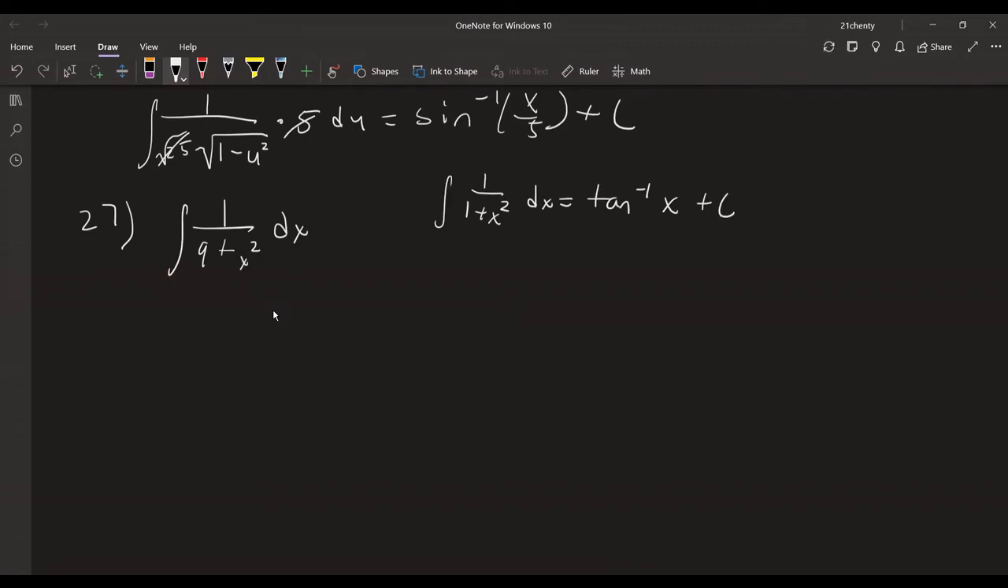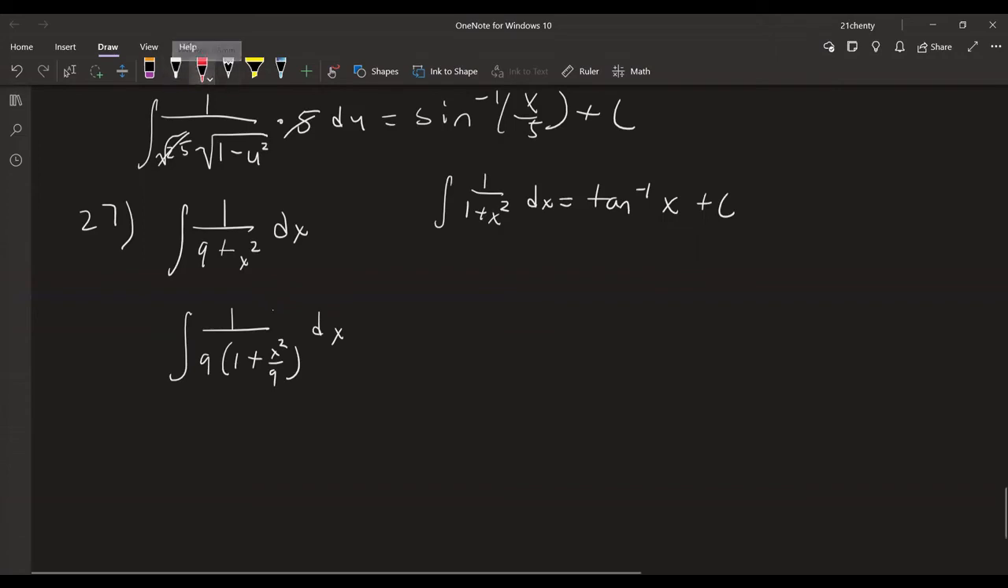So how do we get this? Well, what I would do is just factor out a 9 from the denominator. And we get 1 over 9, 1 plus x squared over 9 dx. So now we see that we can change this part. I'll try and do this. Ooh, fancy. We change this part